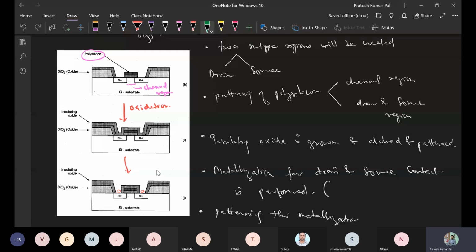Here the metallization is done with the help of evaporation. The metal contacts are made with aluminum, and aluminum evaporation is done with the help of high energy, or melting.